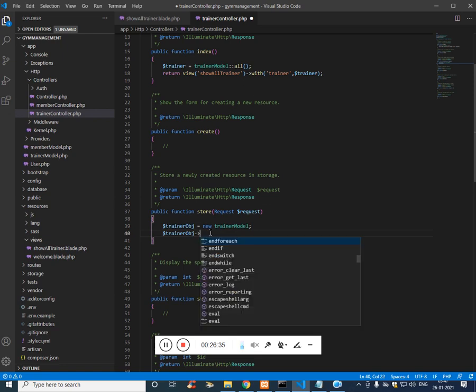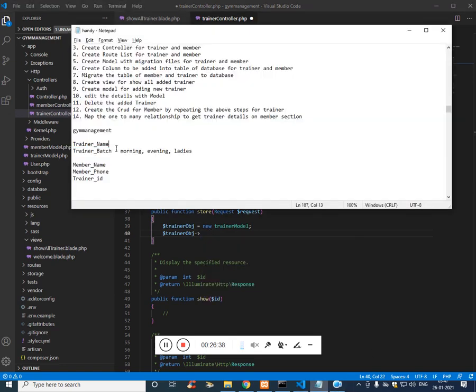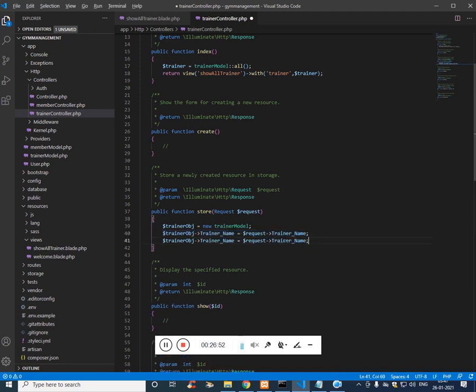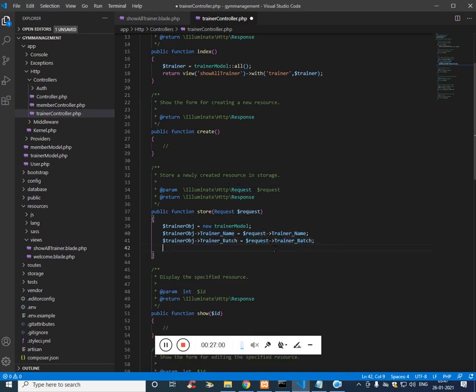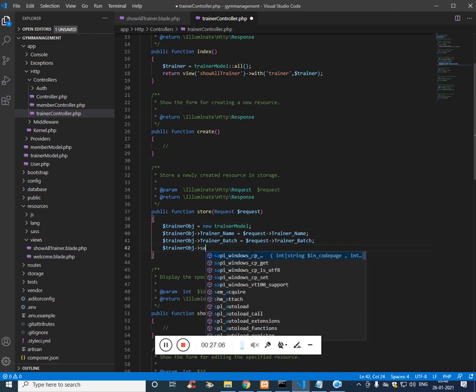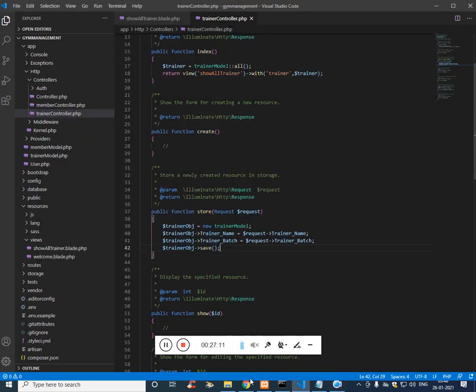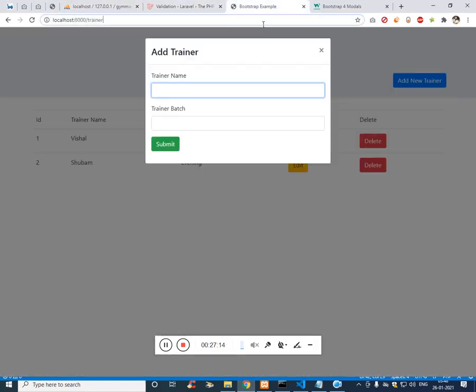Now here it has a column called trainer name, and we have the input field with the same name, trainer name. Likewise, let's do this for trainer batch as well. So with the object we can access the table's column name, and with the request object we can access the input field's name. Now just save this. Now if there is no error, your data should be saved and it can be viewable.